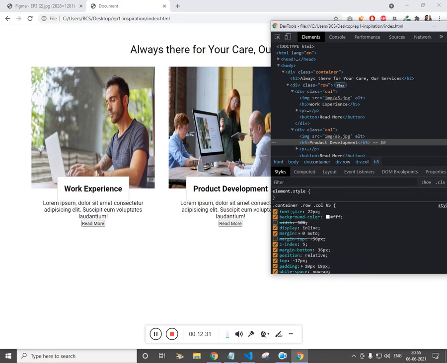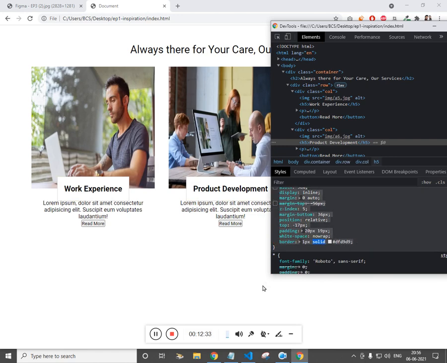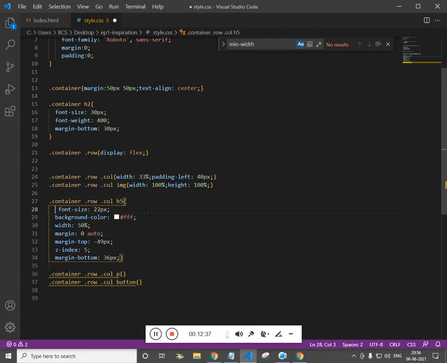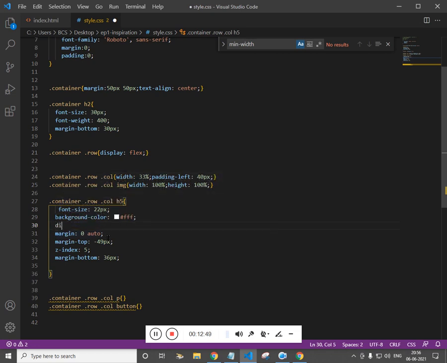So now copy and paste it. So now the point is clear. The thing is, if you are using display inline, the width is not going to work. Width works only with display block, and now you can see it's inline.